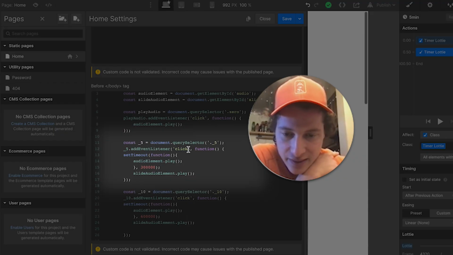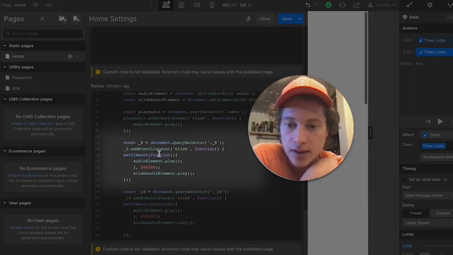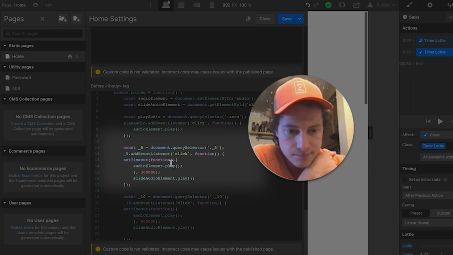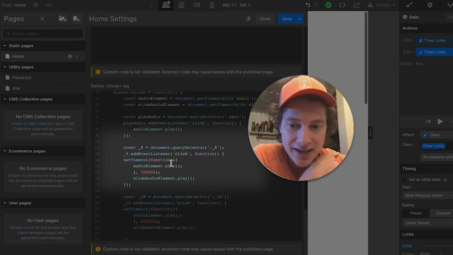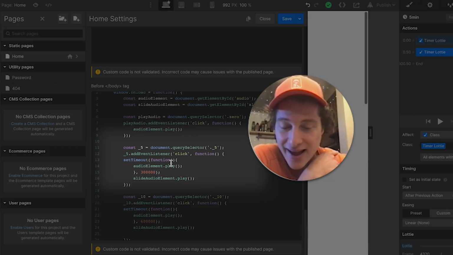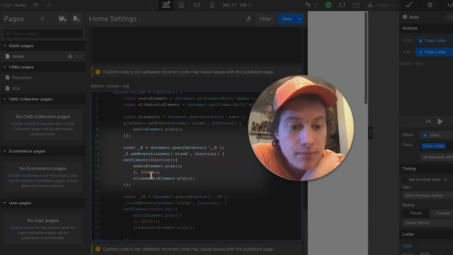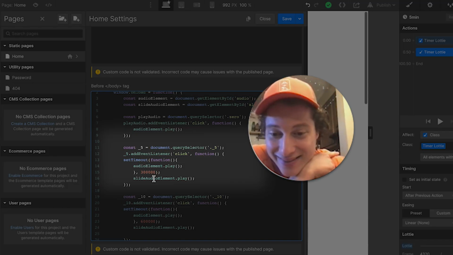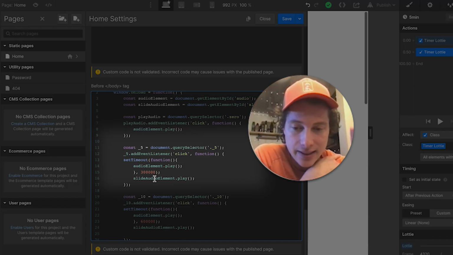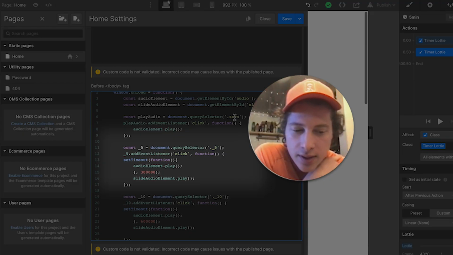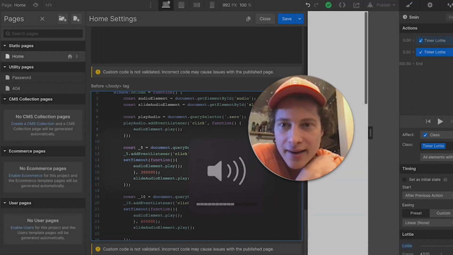It is adding an event listener, so whenever I click on it, it's going to play the audio element, which is my timer audio. It's going to play that after 300,000 milliseconds. And actually immediately on click, it's going to play this subtle little slide sound,